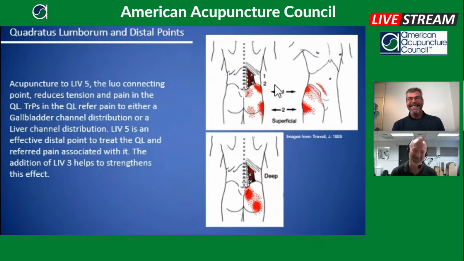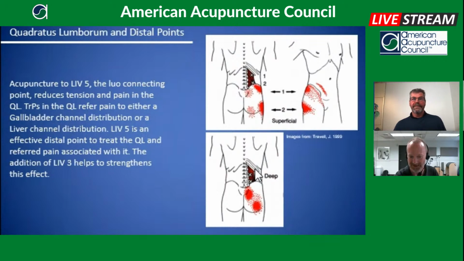Yeah, Travell's passed on now, so the decision was kind of made after the fact. Now I guess they're basing it on ongoing research, but they made the decision on the 3rd one, which I understand, the decision to take out the X's. I think the X's aren't saying that this is where the trigger point is going to be in this referral, it's just tendencies. There's a tendency for the upper, especially more lateral fibers, marked 1, to have this referral, which I find is pretty commonly the case when it refers pain; that's where that trigger point sort of lives. And more of that lateral edge of Yaoyan tends to have more of that number 2 distribution.